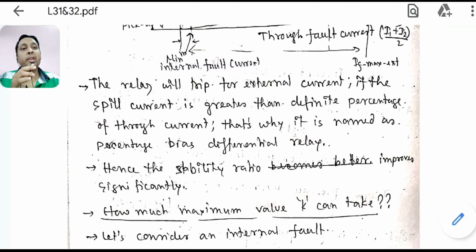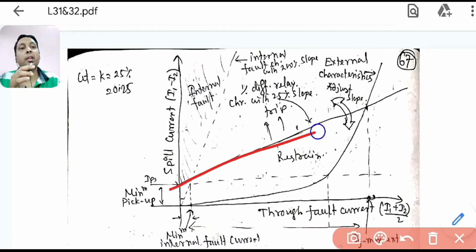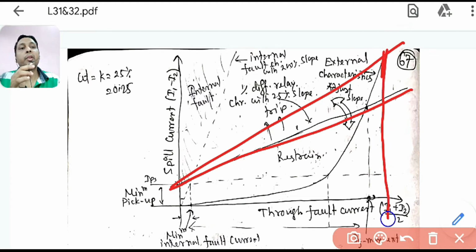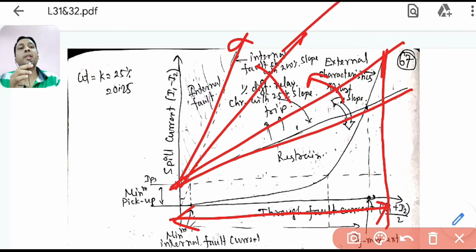Now here also you can see how much your K should increase. As you are increasing this line, the limit is also increased. You can see the maximum fault current is also increased. So one can think of increasing it as much as they can, so that this touching goes to infinity, very far. But how much can you go? So there is a limit. That's why this line came.